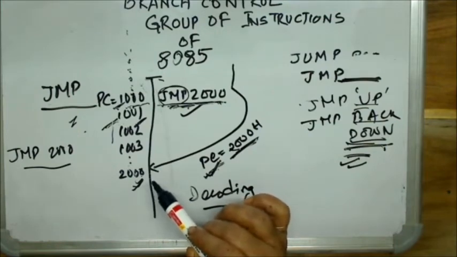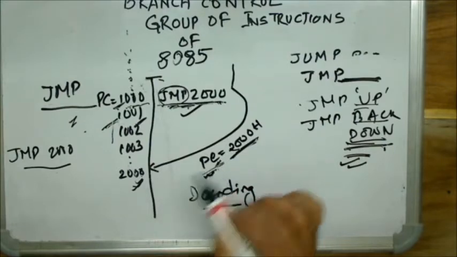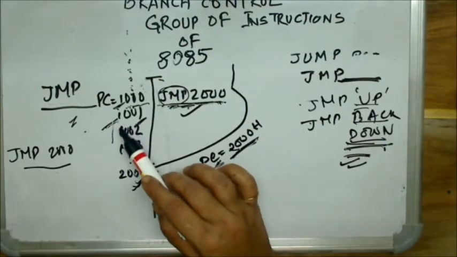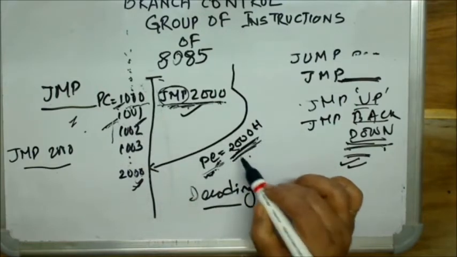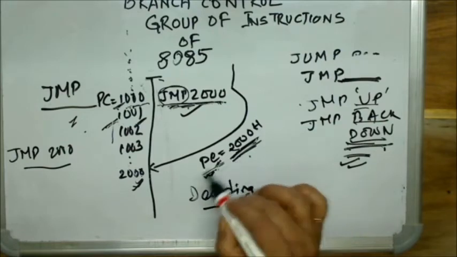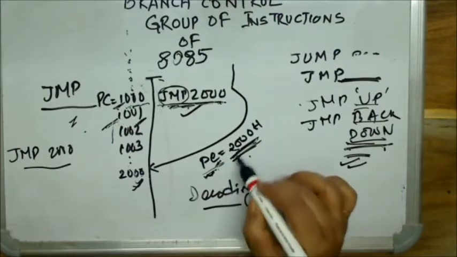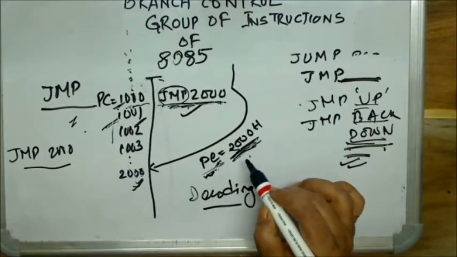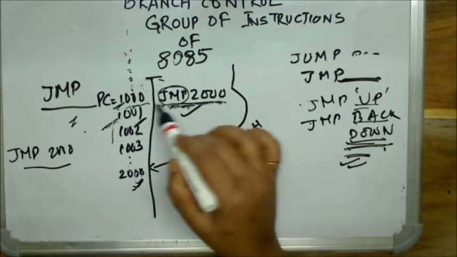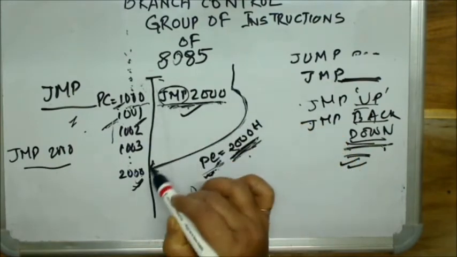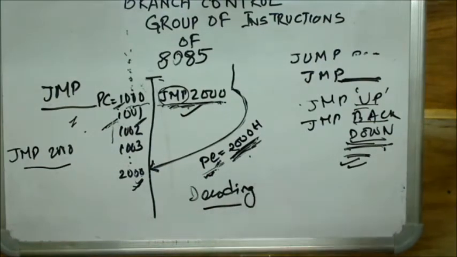So who gives you the address of the next instruction? The program counter. Whatever data was loaded in the program counter, 1001H, will be overwritten by 2000H. So 2000H will be put into the PC. The instruction is over. Now PC has become 2000H, so your next instruction will be automatically fetched from 2000H. That means the program has taken a jump to this memory location. I hope it is clear.